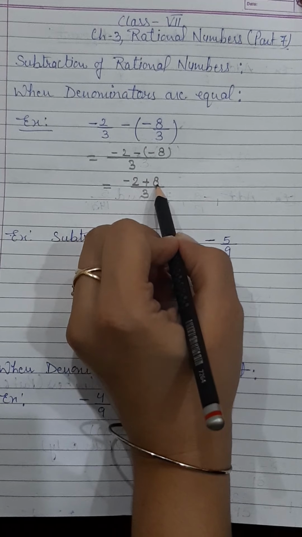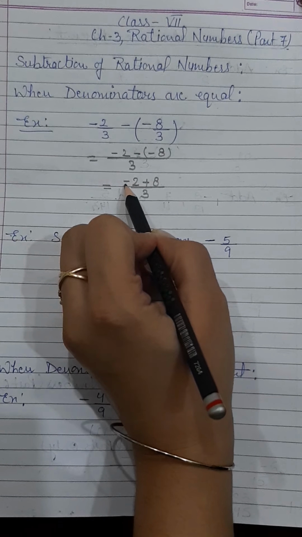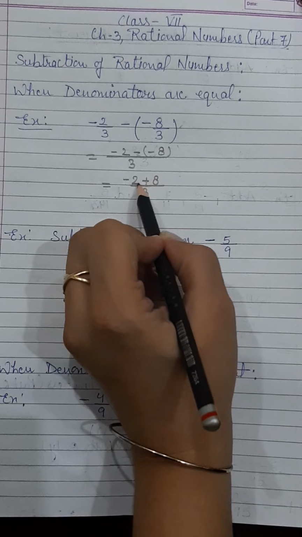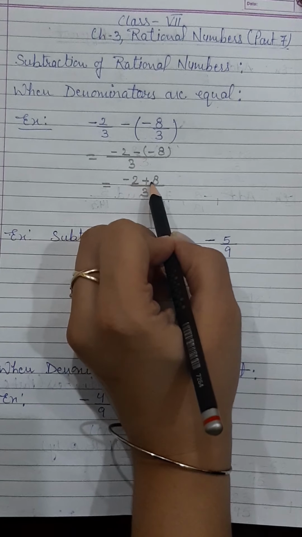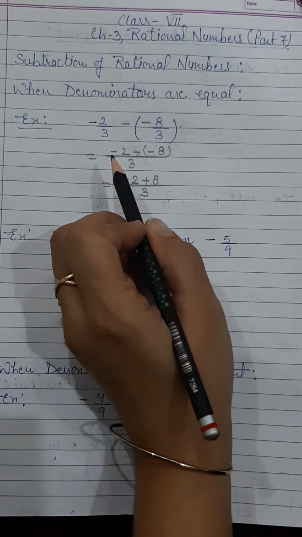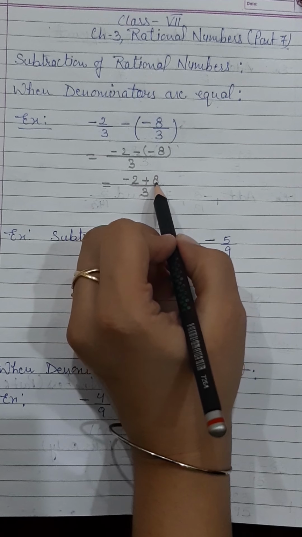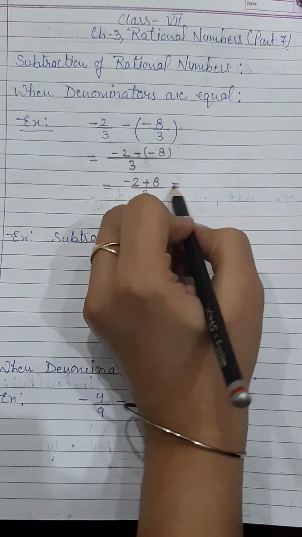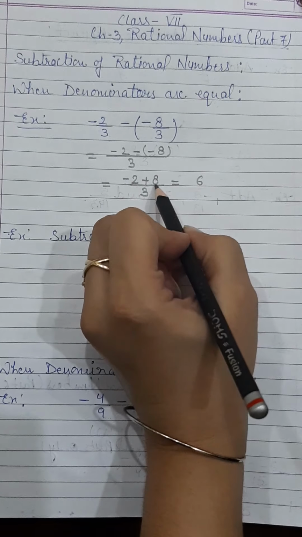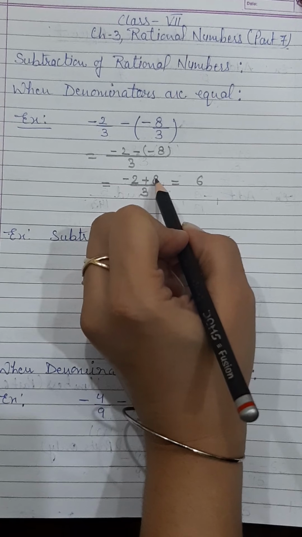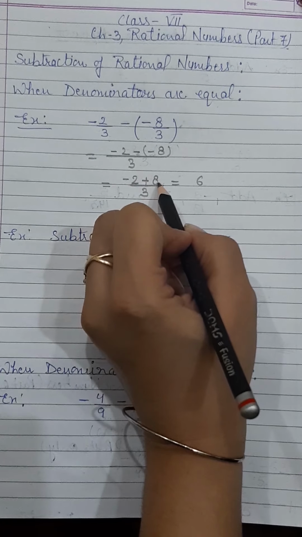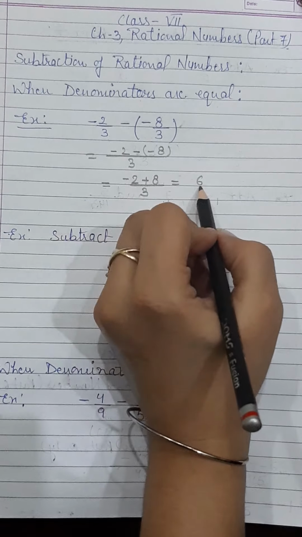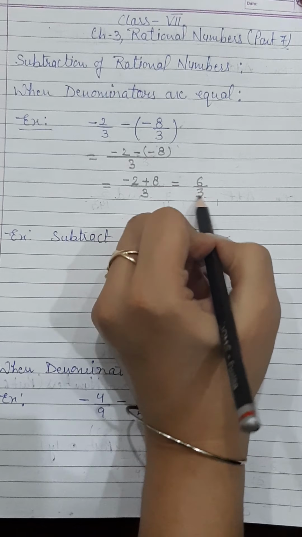Now in these two integers, one integer is having negative sign and other will be with positive sign, means having different sign, minus and plus. So operation will be subtraction, right? So you will subtract these two numbers. So 8 minus 2 is 6 and sign assign according to the greater value. So from 8 and 2, which one is greater? 8 is greater. So with 6 you have to write positive sign. So 6 by denominator is 3.